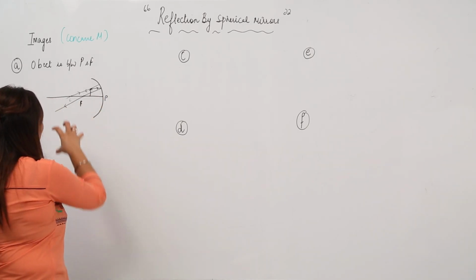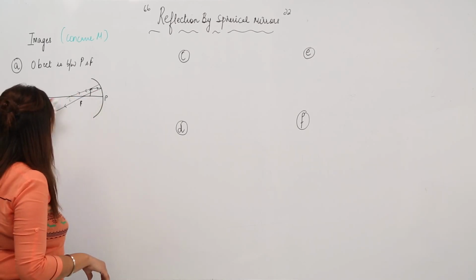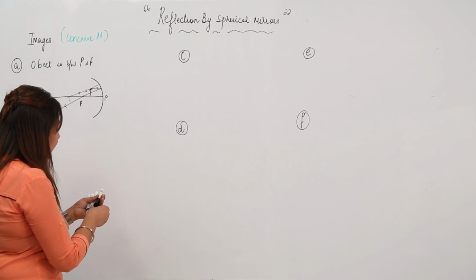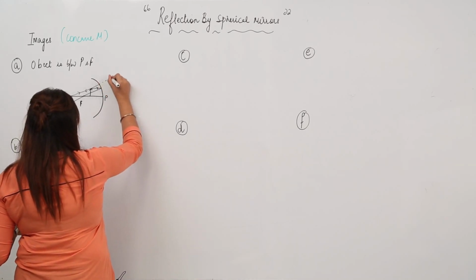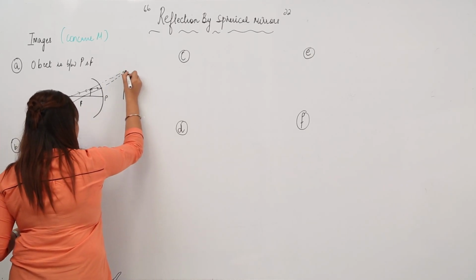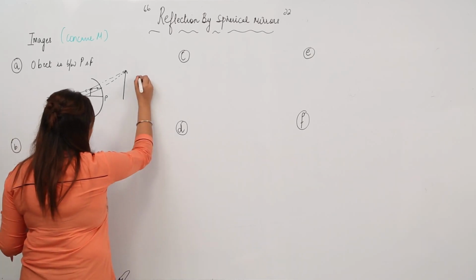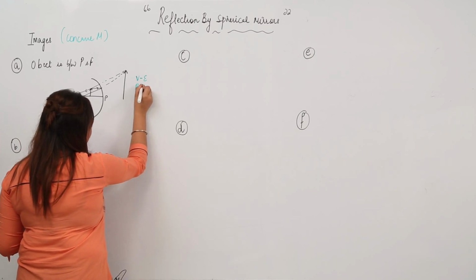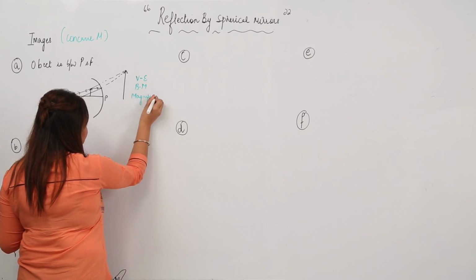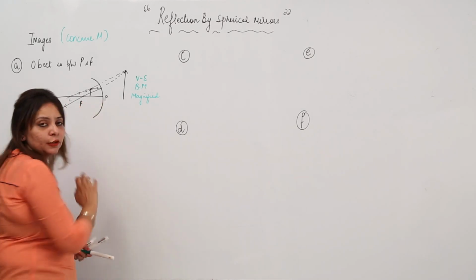Do you think those reflected rays are meeting at a certain place? No. One reflected ray is going in this direction, the other in this direction. They are almost parallel, and parallel rays do not meet. But if we produce them behind the mirror, we see that they meet, and this is the image formed. What is the nature of the image in this case? The image is virtual, erect, behind the mirror, and it is bigger than the object, so it is said to be magnified. So this is the ray diagram when the object is between pole and focus.